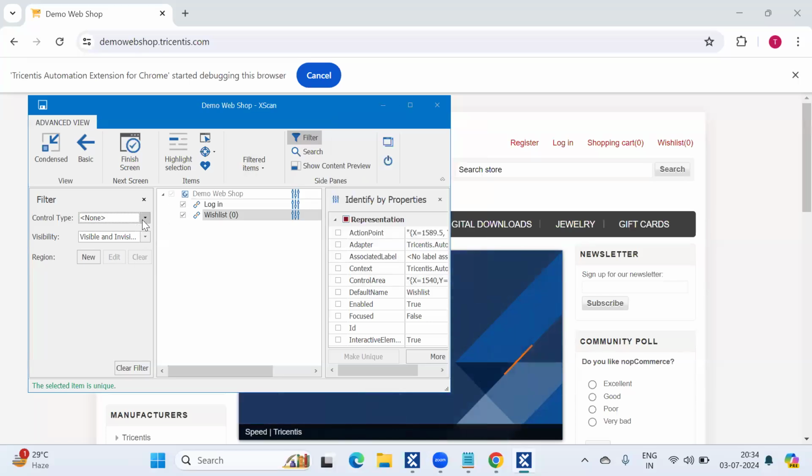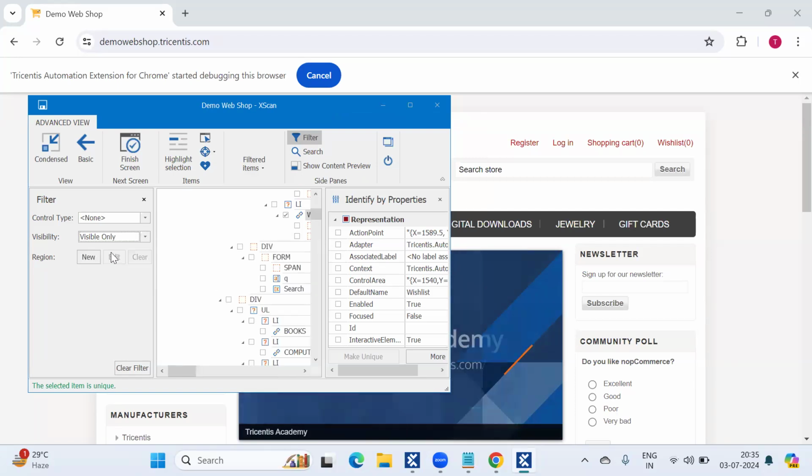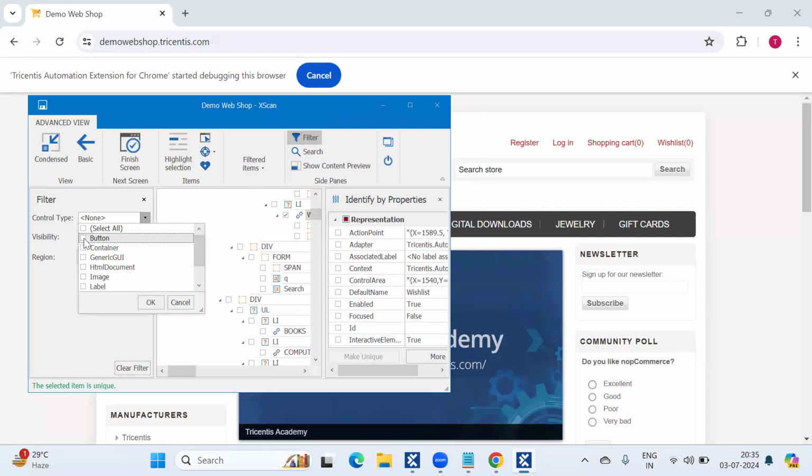If you want to check, click on this filter button, and under visibility, click on this drop down. Whatever visible and invisible controls you want to check, you can check by selecting these check boxes.